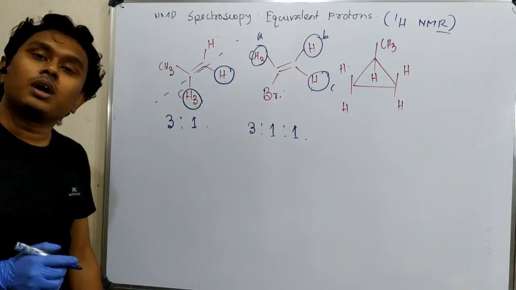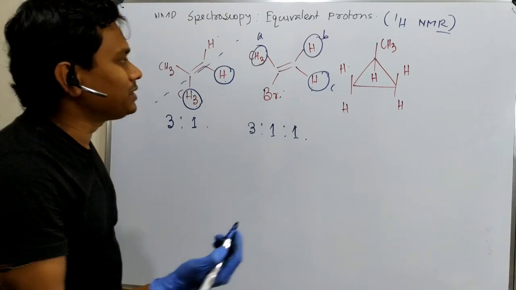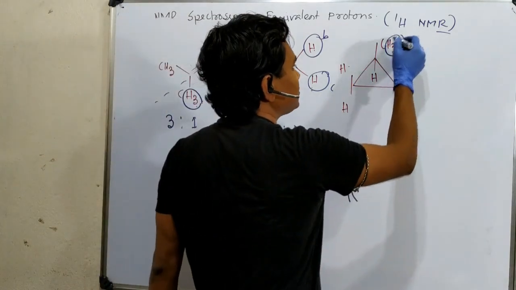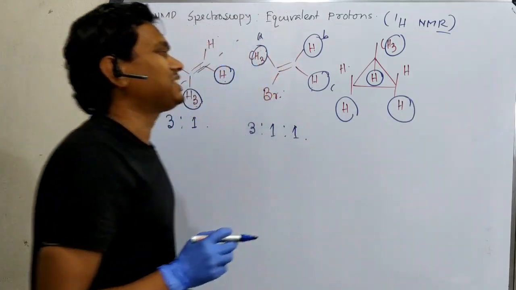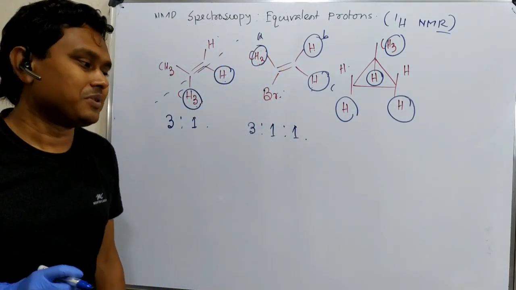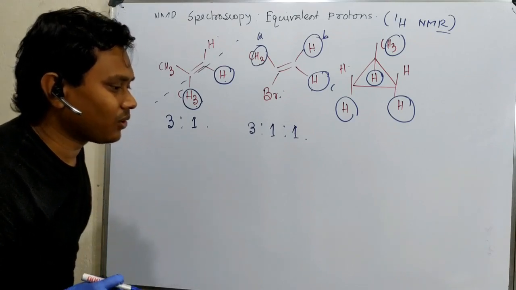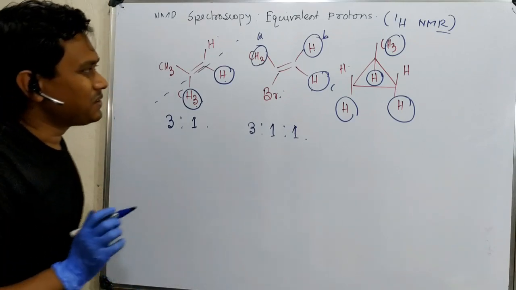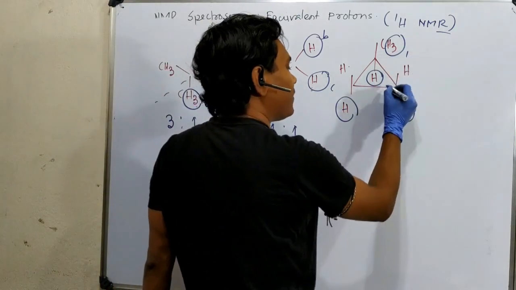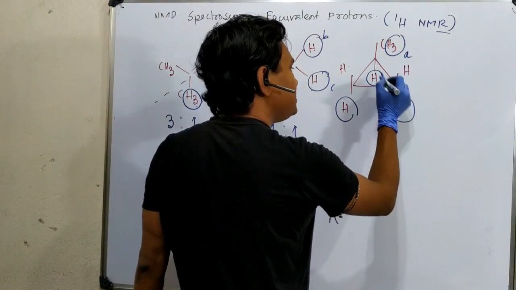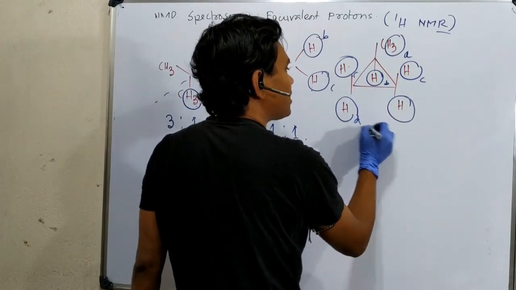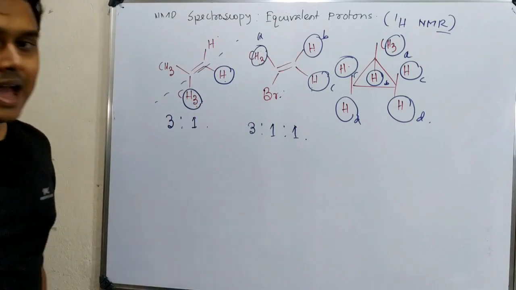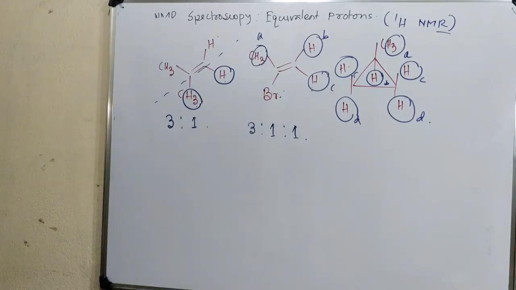Okay. Now, let's focus on this molecule. How many types of equivalent protons are there? Simply, you may think that, sir, one this, one this, one this type, one another type. Is it true actually? No. It is not true. Okay, what do I mean? This is 1, fine, means A, B, these 2 one type C, and these 2 one type G. Why am I saying this?